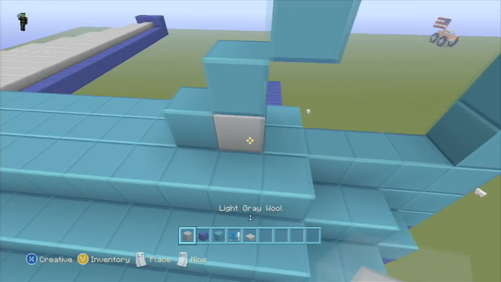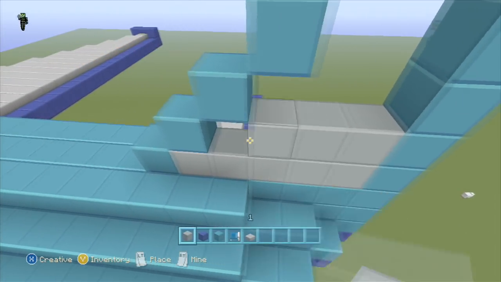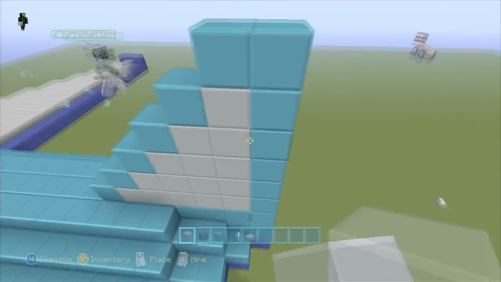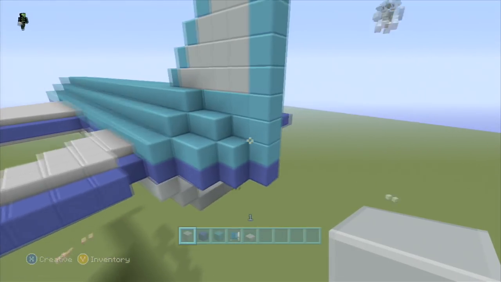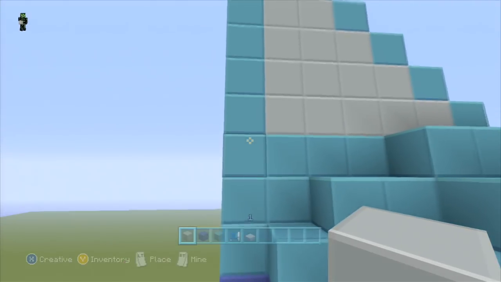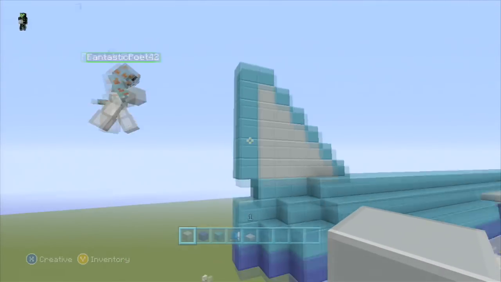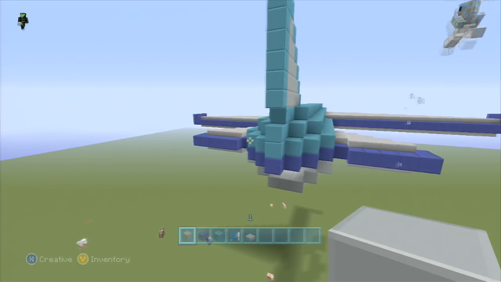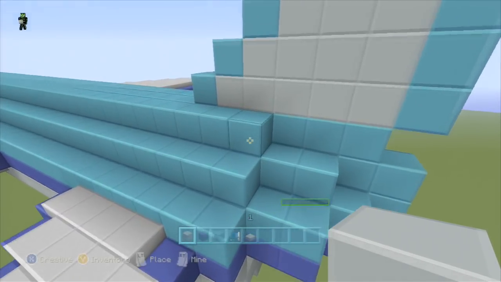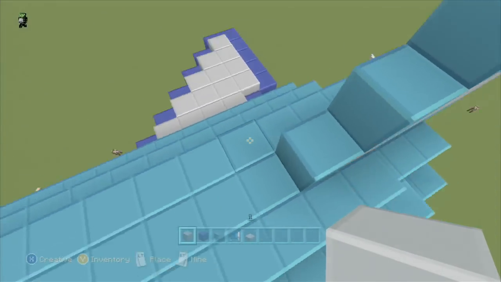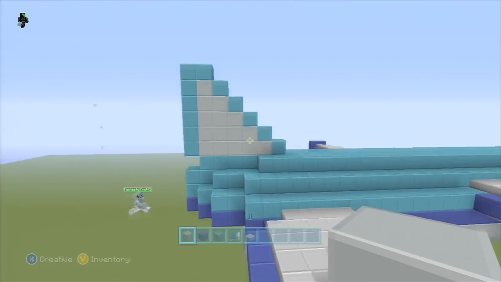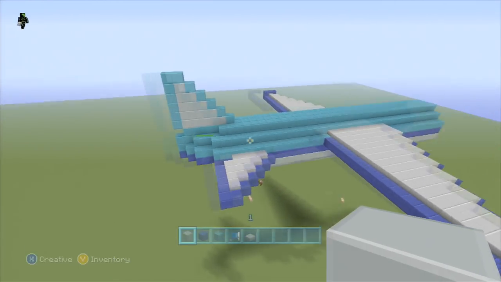You want to fill in the interior here with the light gray. So that's what you should be looking like right now at the back of a plane to this point. And then just knock out that little chunk there just to give it a little bit more dimension. That way it looks like the tail's kind of disconnected. You might even knock off that one there. That one there for just a little bit more of like a slope dimension, just to add a little bit more to it.